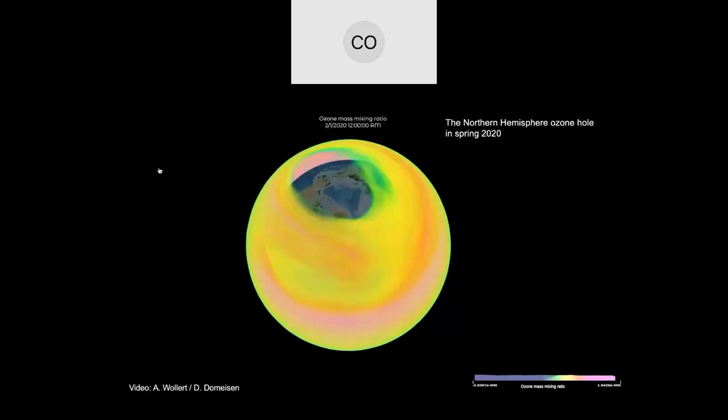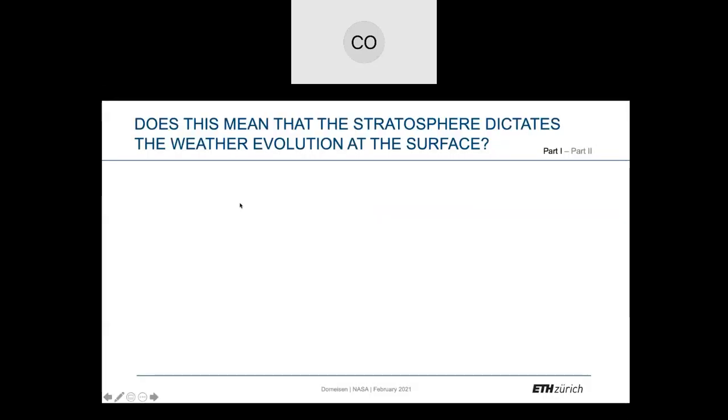Obviously, this is an issue that other places have as well, especially in the southern hemisphere. Now, does that mean that the stratosphere actually kind of dictates the weather at the surface? So basically, now that we know we always get this cold in Eurasia after the weak vortex, we get the opposite after the strong vortex. So do we actually know, does this always happen? So this should allow us to actually make a prediction.